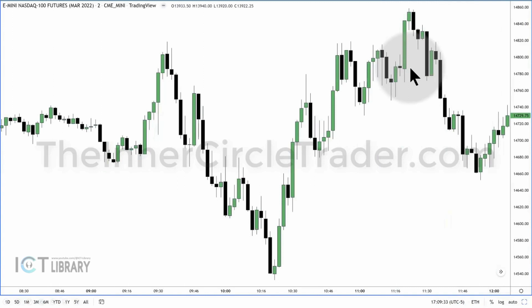Now, dropping all the way down into a 2-minute chart, this is that same particular day. Here's those relative equal highs and this run down here. If you recall, 14,600 and around that 14,860 or so. If you look at this market structure, without having the levels on your chart, it's easy to get lost. When we had this low form, right before this low was formed, there's a swing high right there.